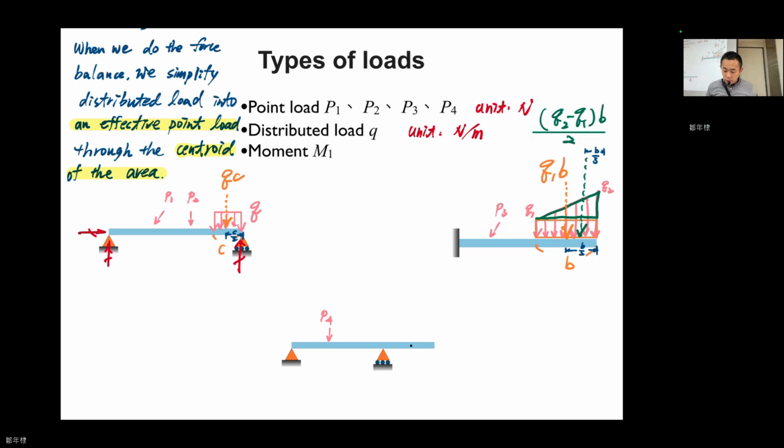fixed support. You need to write down RA, and this is HA, and this is MA. And you notice that I always give the slash on the arrows represented as a reaction force. Okay, so this fixed support will give the three forces to make this bar remain here